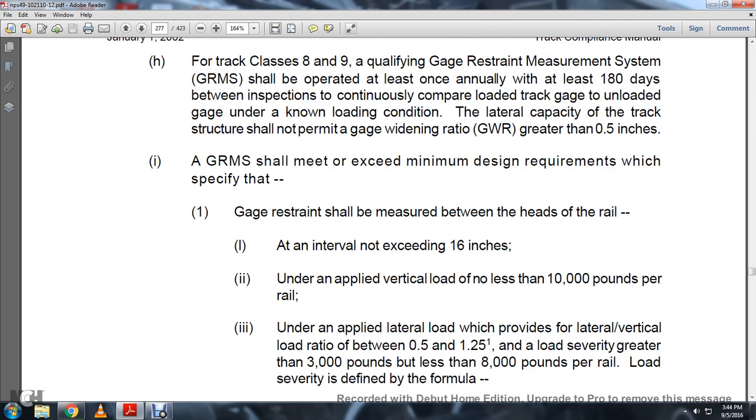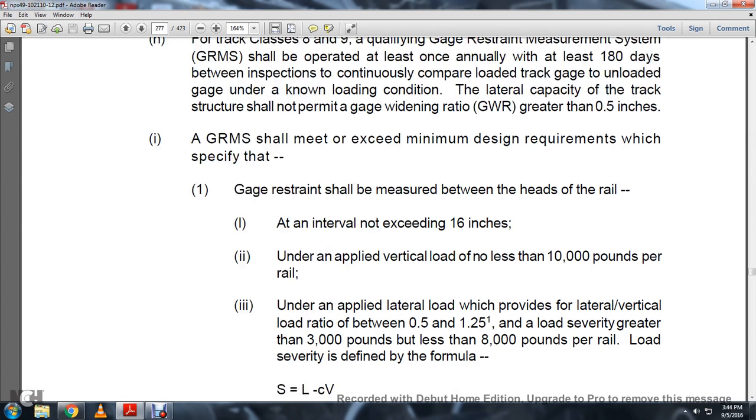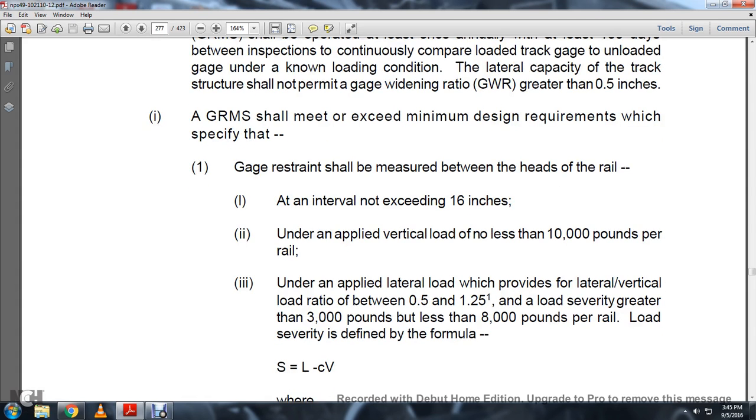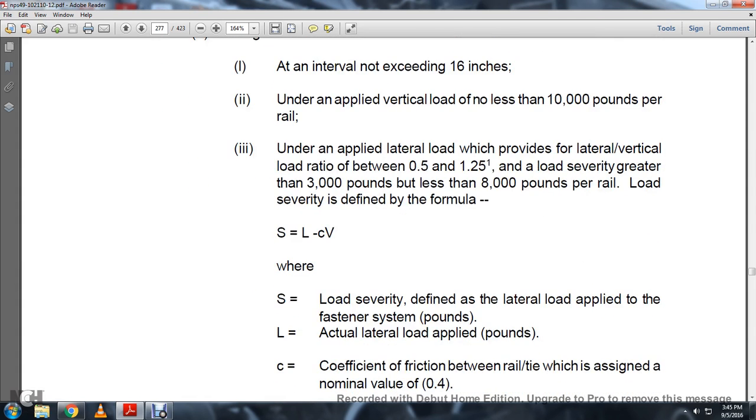The gauge restraint measurement shall measure between the heads of the rail at an interval not exceeding 16 inches under applied vehicle load of not less than 10,000 pounds per rail, under applied lateral load which provides a lateral vertical load ratio of 0.45 to 1.25, load severity greater than 3,000 pounds but less than 8,000 pounds per rail loaded. Severity is defined by loaded severity defined by